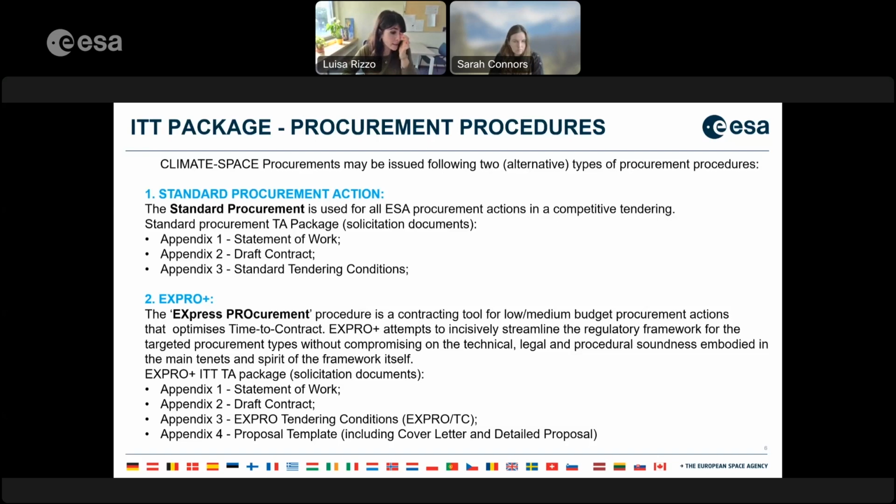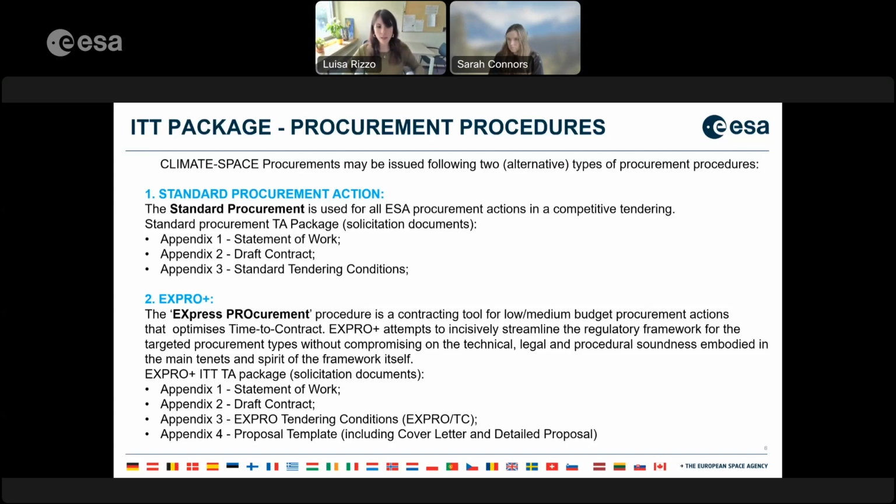ITTs. And that's the proposal template where ESA already provide bidders with the draft cover letter and a detailed proposal. On this regard, before moving to the specific sections documents of the ITT package, I would like to clarify one thing regarding the proposal template. I know that the template we provide may look quite simple or not well detailed, but